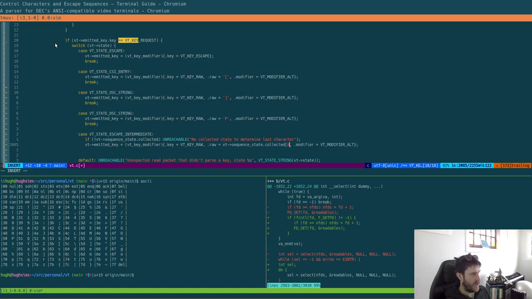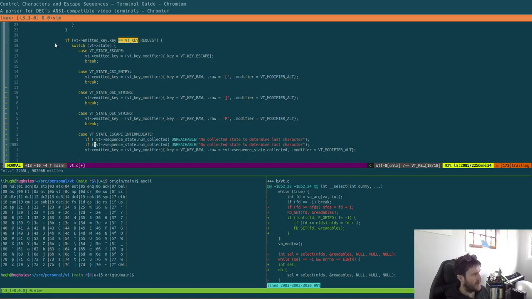I just realized that. Well, I can just do that sort of thing, and then that's meant to be num collected. So we should have one, and